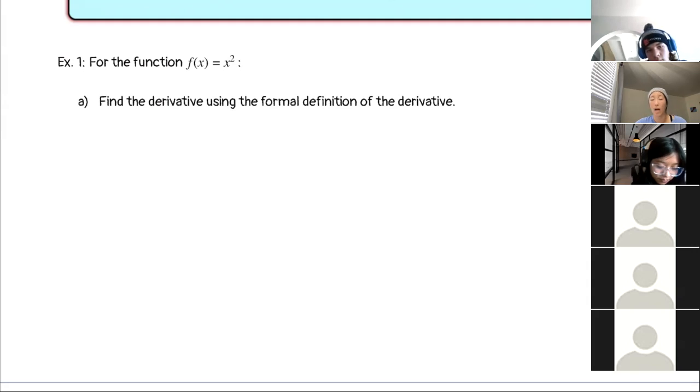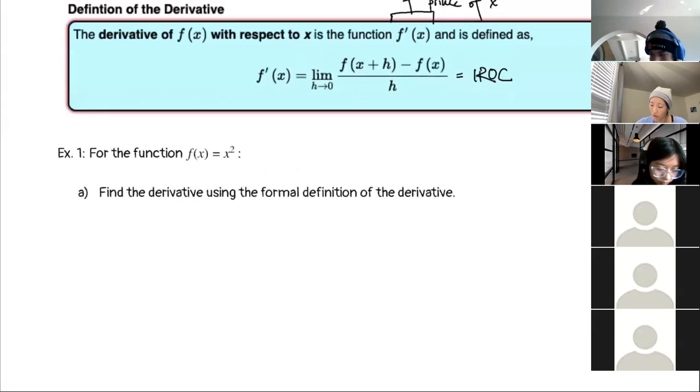Okay, we're going to learn a lot of other ways to find the derivative, but right here, right now, I want us to use the formal definition. Okay, so all we're going to do is we're going to take the formula that we have here, we're going to rewrite it, and then we're going to plug in what we know. Okay, so